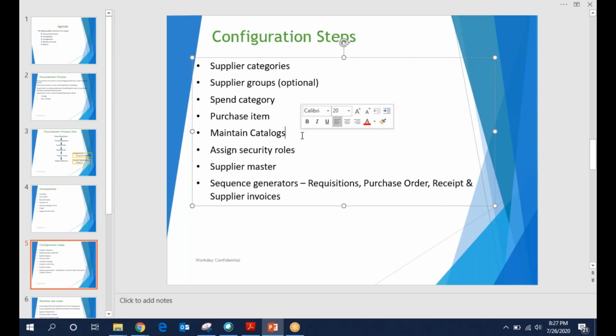Whatever Dell punch outs and HP punch outs, those come under catalogs only. From a catalog request, there are two options: we can search the catalog which is already loaded within the Workday, or we can go to the supplier website and select and purchase from there also.